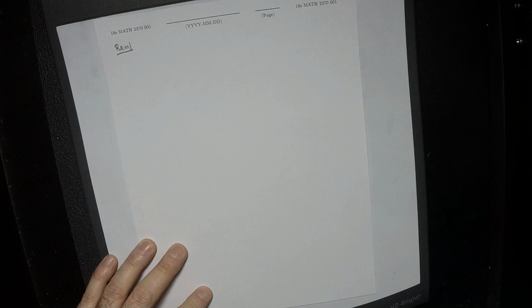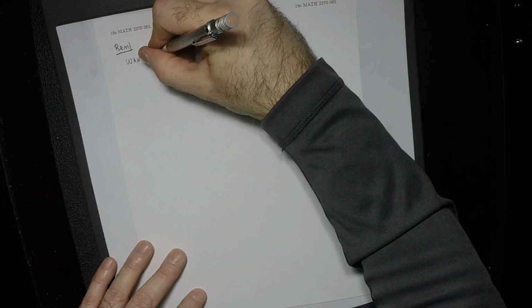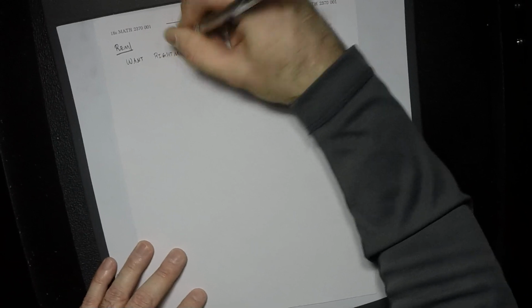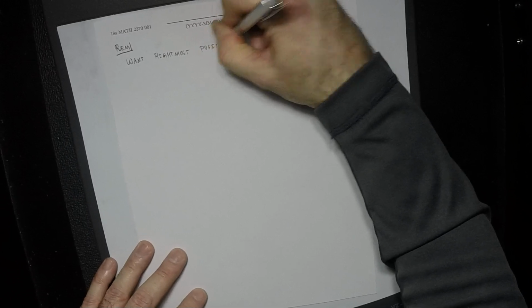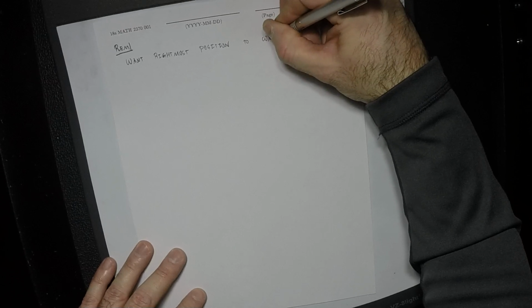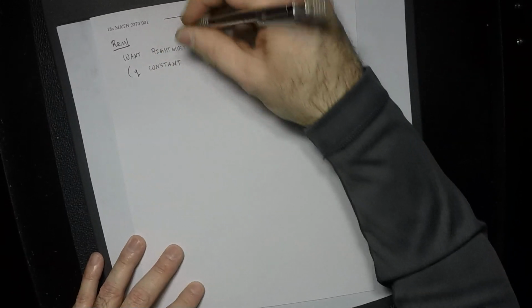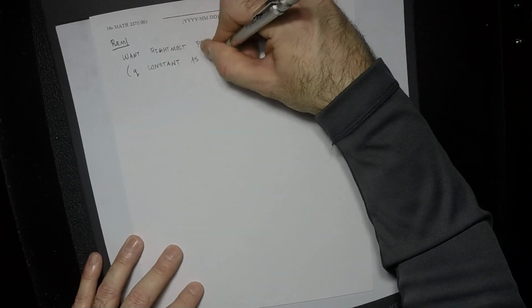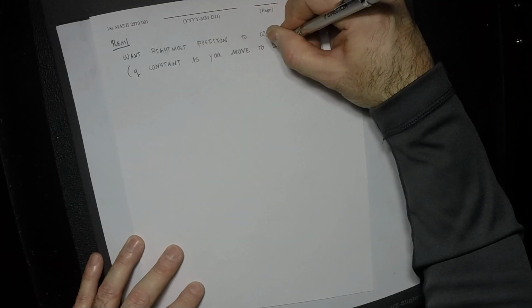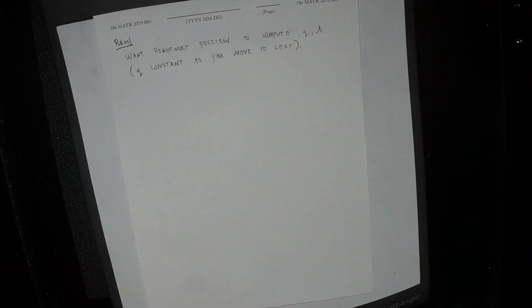Okay. So we want the rightmost position to compute Q and R. That is to say, if you like, Q will be constant as you move back to the left. Okay, now to get this job done,